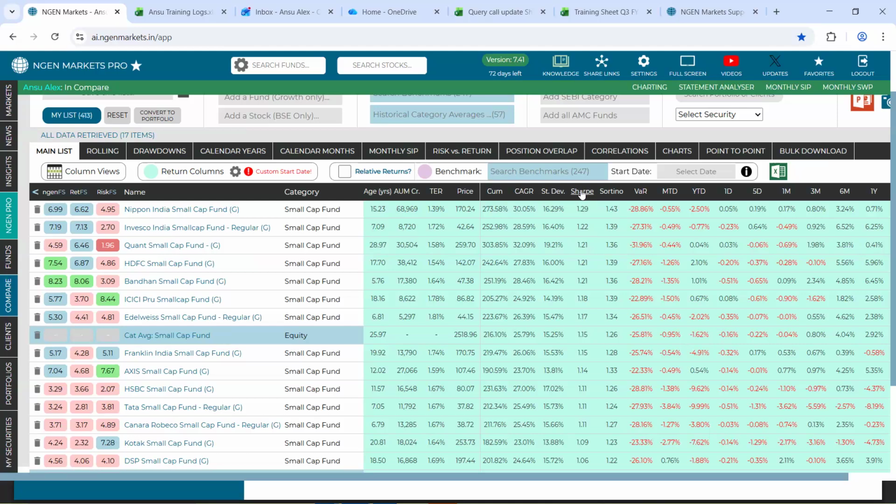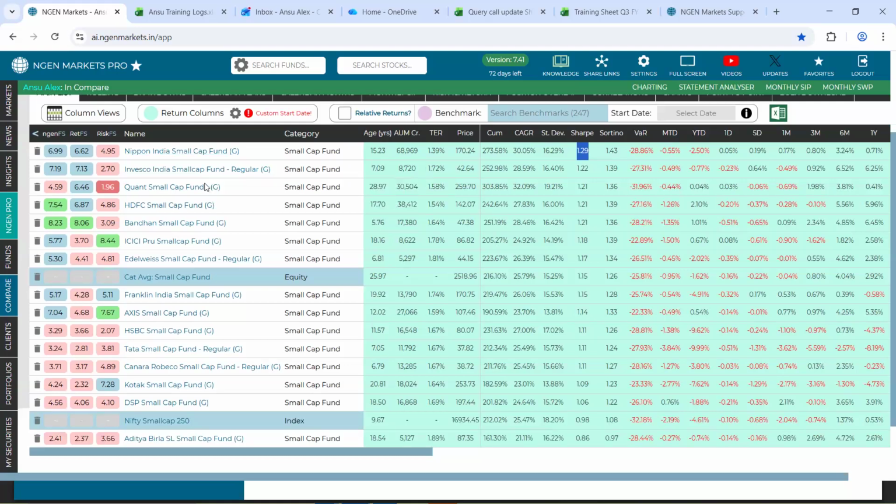Now, if I sort basis Sharpe ratio, the risk adjusted return, we see that Nippon Small Cap happens to have the best Sharpe ratio, followed by Invesco and Quant Small Cap. These are the 6 or 7 odd schemes that have outperformed not just the category average, but also the benchmark.